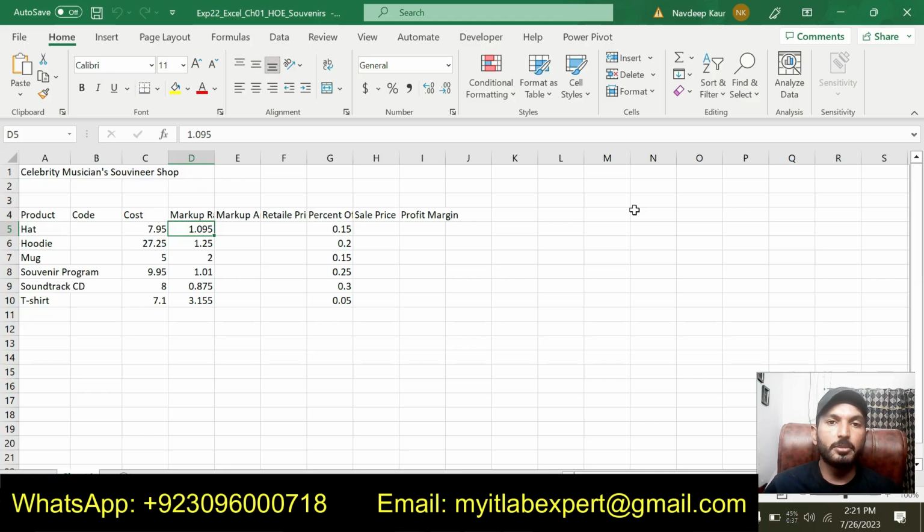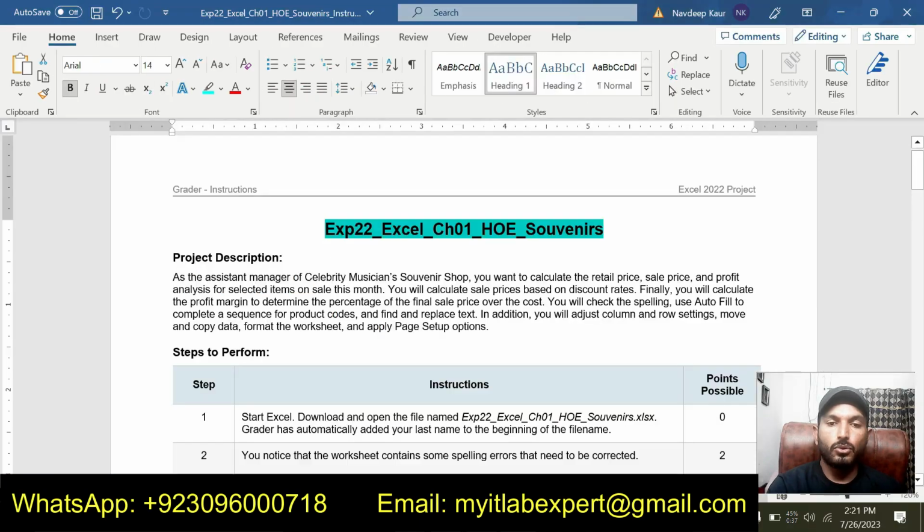So let's start this assignment and start solving the steps given in the instruction file. The title of the assignment is EXP 22 Excel chapter 1 hands-on exercise souvenirs. This is the first chapter in the newly introduced course Excel 2022 that is called EXP 2022.